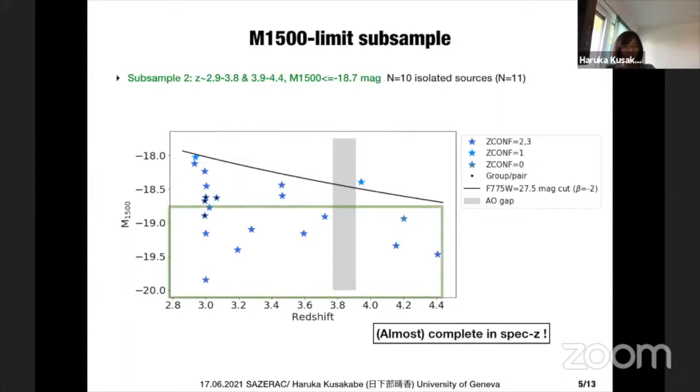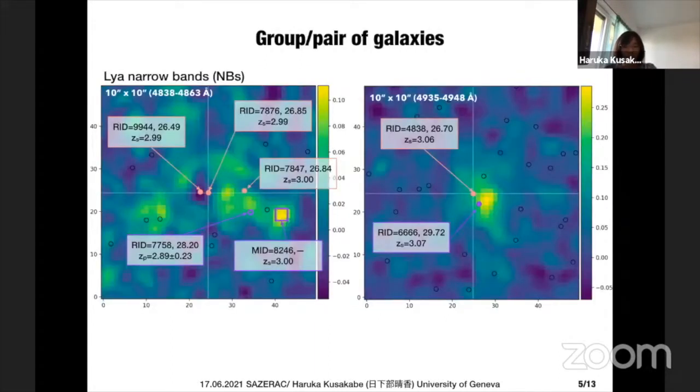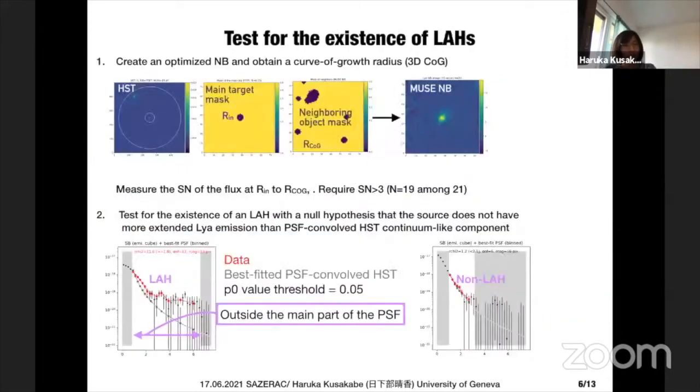As shown by the green rectangle, we also have a UV magnitude limited subsample with 11 galaxies. In the sample, we also have a group or pairs of galaxies at redshift 3 with very extended surrounding Lyman alpha halos. Some of the galaxies show Lyman alpha absorption and strong Lyman alpha emission. There are 2 Lyman alpha overdensities with cosmic web confirmed in Bacon et al. Those sources may live in different environments, therefore we calculated Lyman alpha halo fractions for all sources, including them, and only for isolated sources.